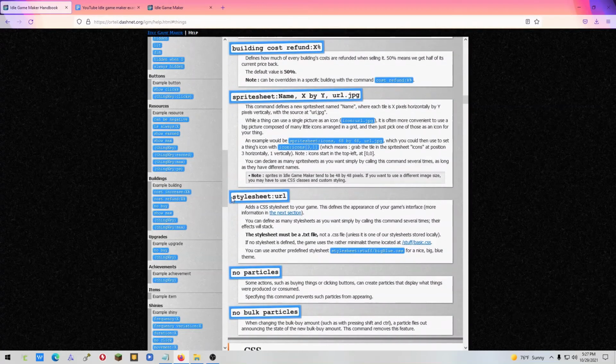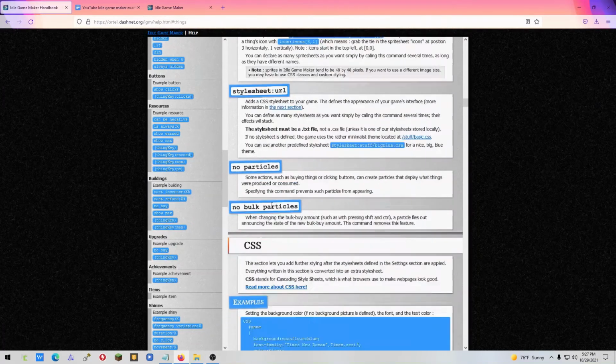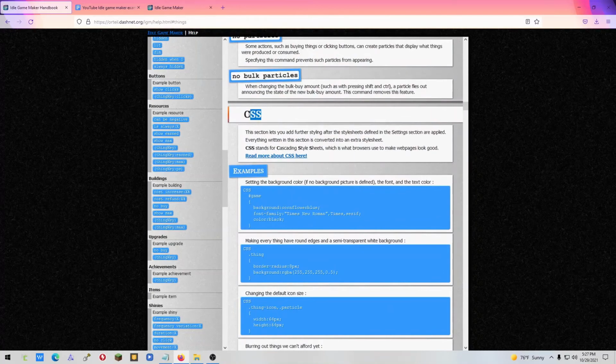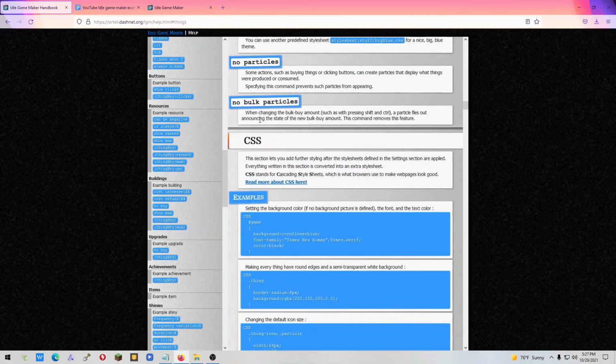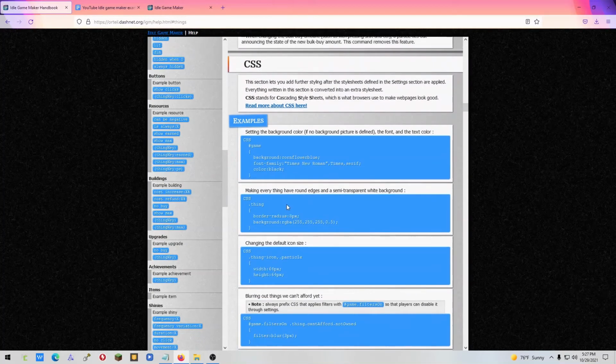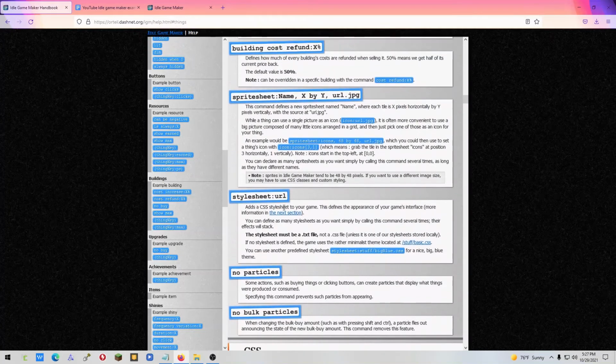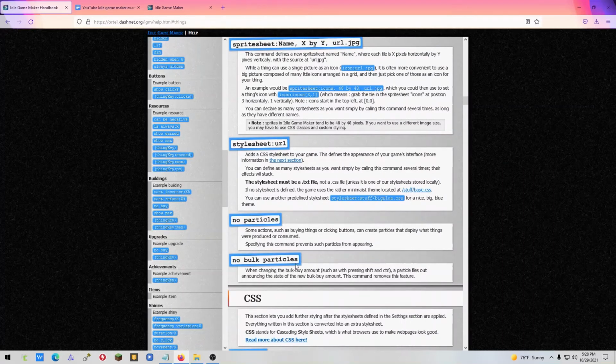And then that's the style sheet, which is the CSS of your game, but you do not need to do that because there's actually a separate section for that, which is actually pretty complicated. There are some examples that I will definitely post in the comments or pin to the comments, and then, well, the description. And then we have no particles, which will be,